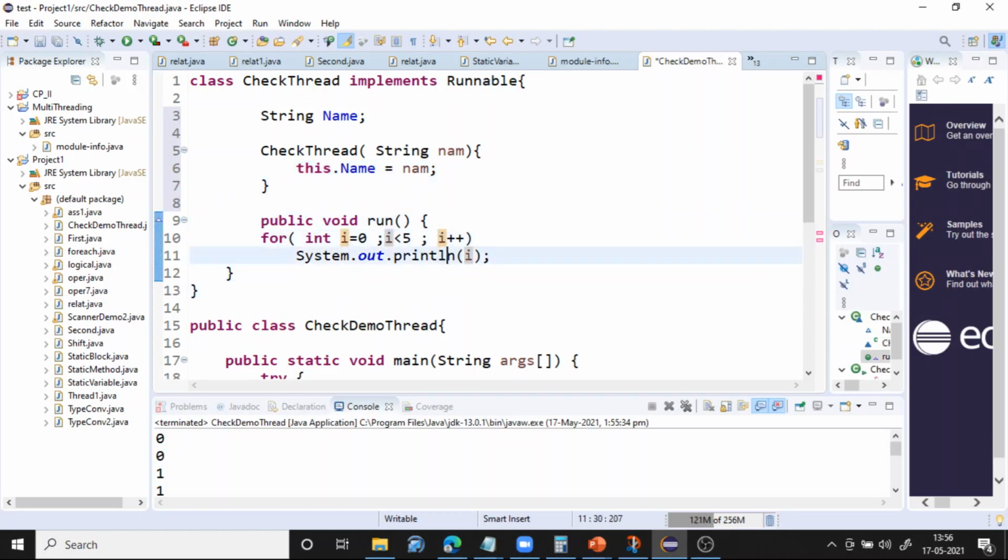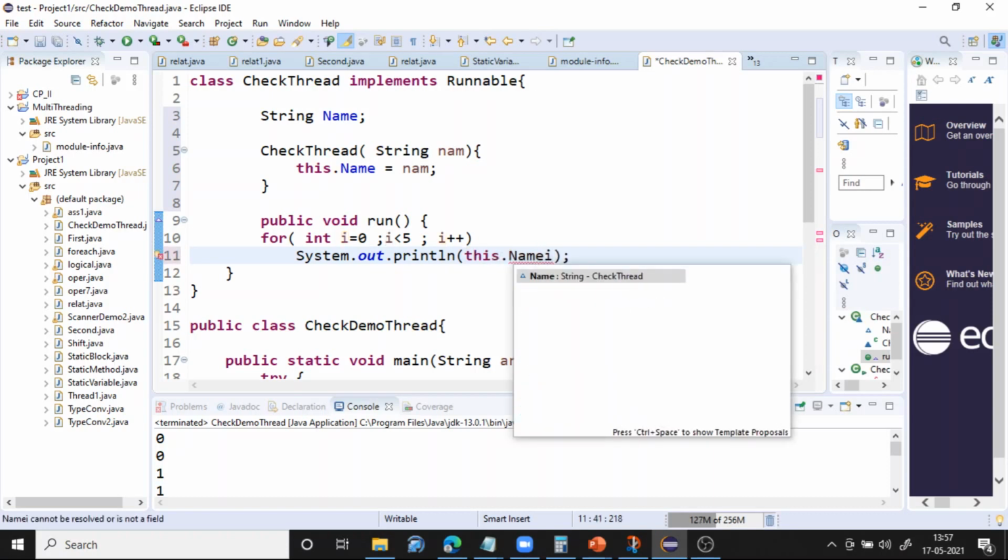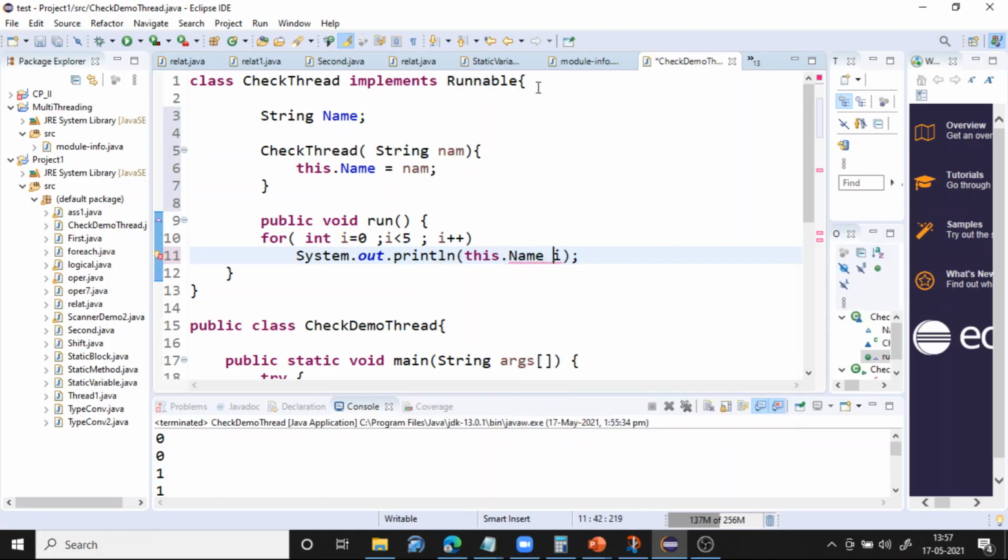So here we are not going to display only the i, but also the thread name. So we can say this dot name, that is, the thread name will be displayed, and then we display plus colon and whatever this number. Okay, now we will come to know which thread is executing what, right?